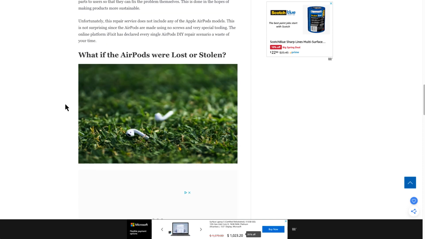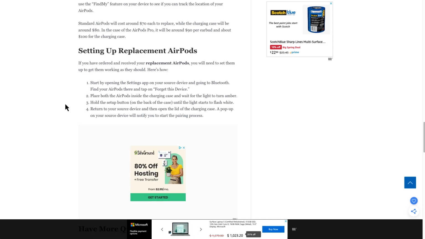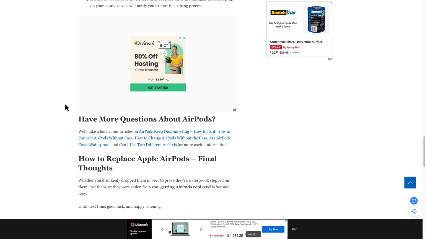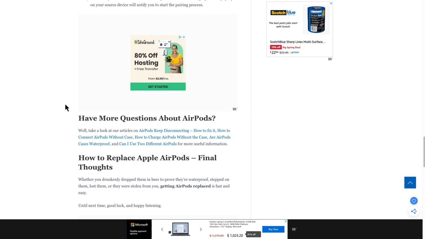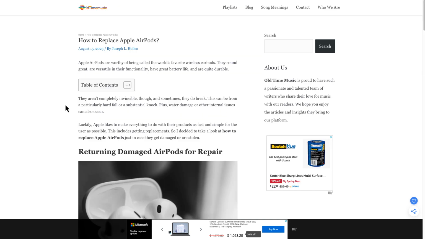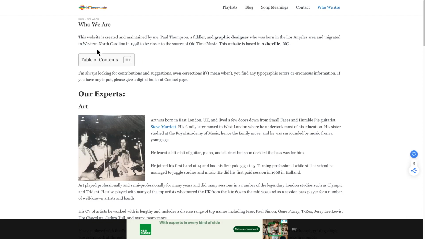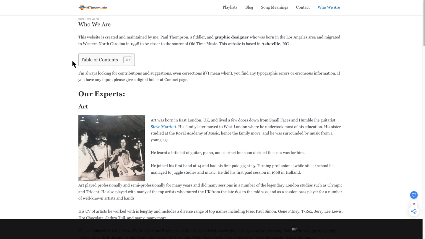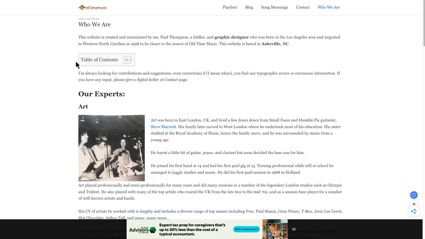And does it all add up to an annual action? No one can answer that question except for Google, right? And Old Time Music, they have to look at themselves, and you have to look at yourself when you create your content. Now, Old Time Music, when we get into the discussion of EEAT, experience, expertise, authoritativeness, and trustworthiness, they're trying to establish that right here, right?